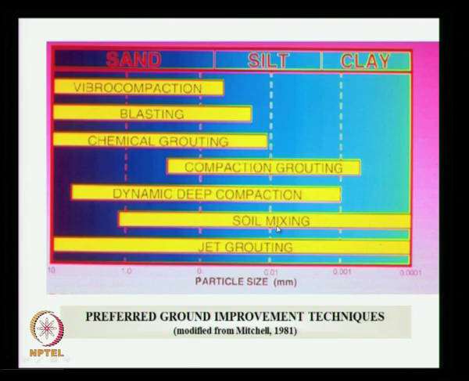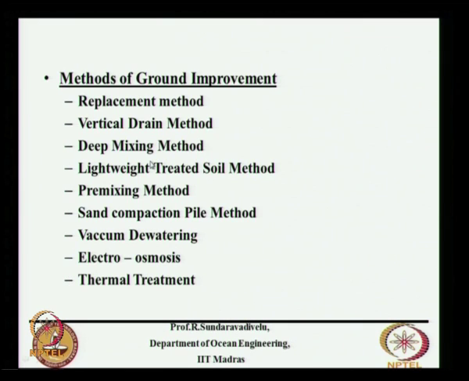Then we can have soil mixing, that is also possible, and dynamic deep compaction, or we can have compaction grouting also, then we can have chemical grouting also, then we do blasting also, controlled blasting to improve the capacity, or we can do Vibro-Compaction. These are the various methods, some of the methods we will explain. One is called the replacement method, that means you replace the soil. If it is a very loose sand, you can dynamically compact and replace with a dense sand. Then we can put vertical drain. Vertical drain is nothing but